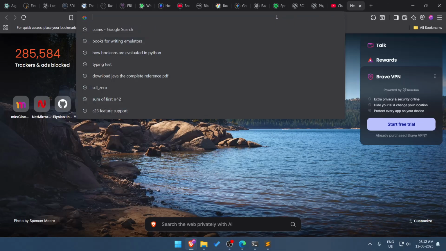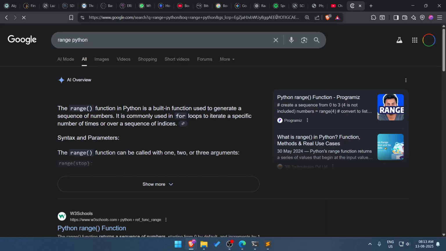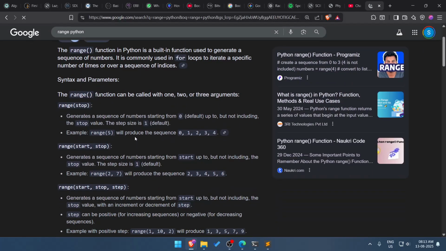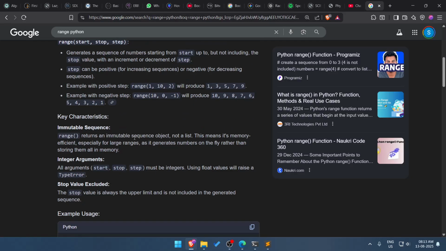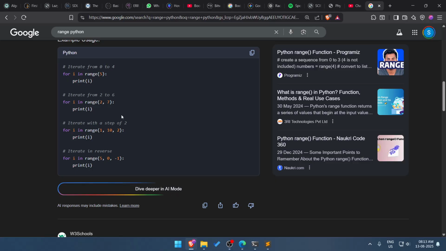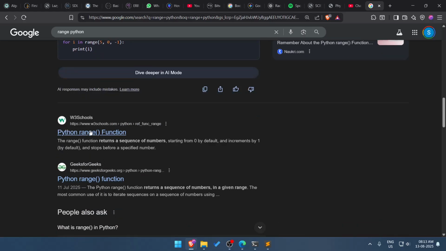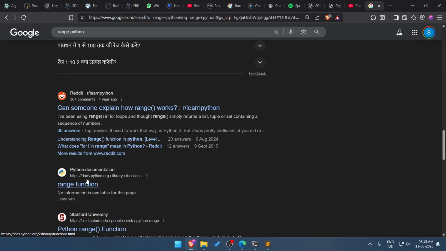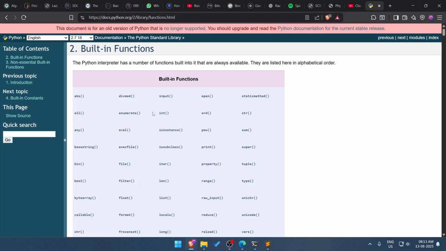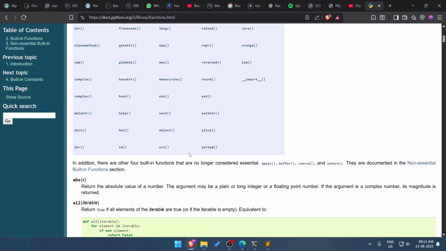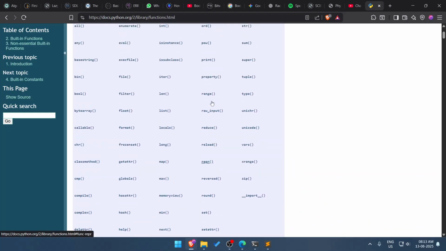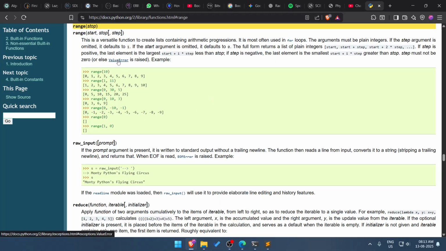Let me search range python, range start stop step, right? Iterate from 2 to 6, iterate in reverse, python documentation, the range, okay.